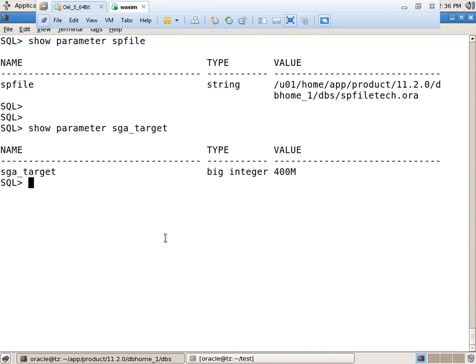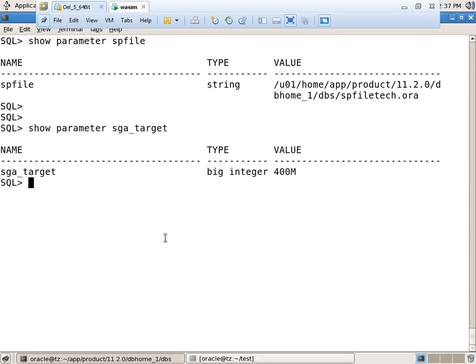It didn't specify any scope, right? Check your handouts, under SP file. We didn't specify any scope, which means internally it will take scope equal to both.